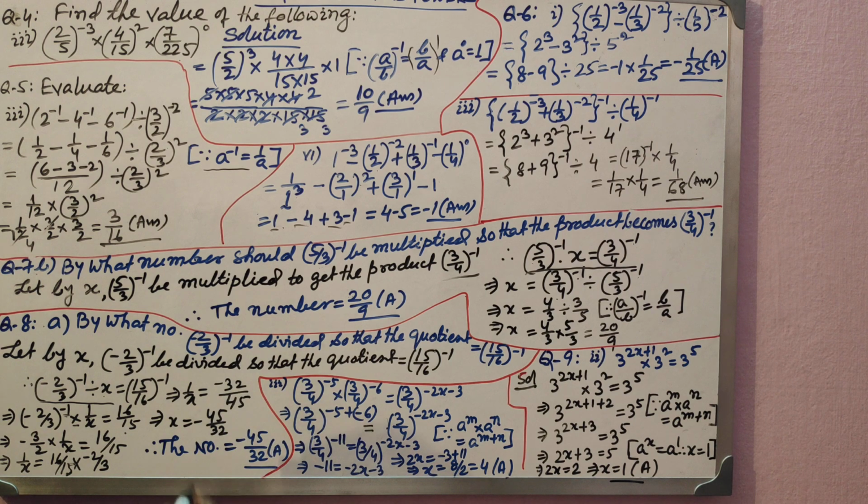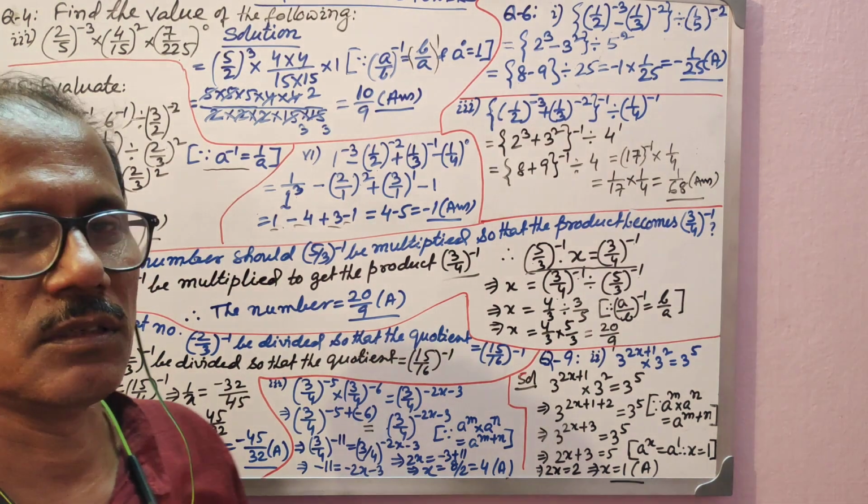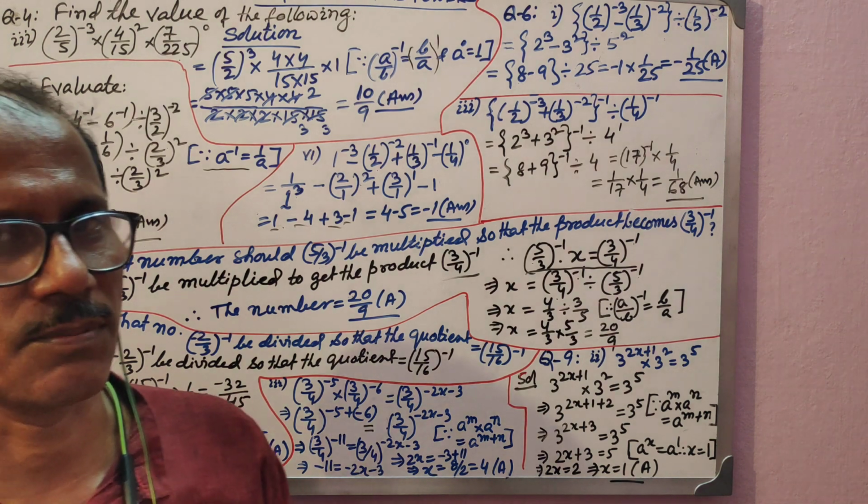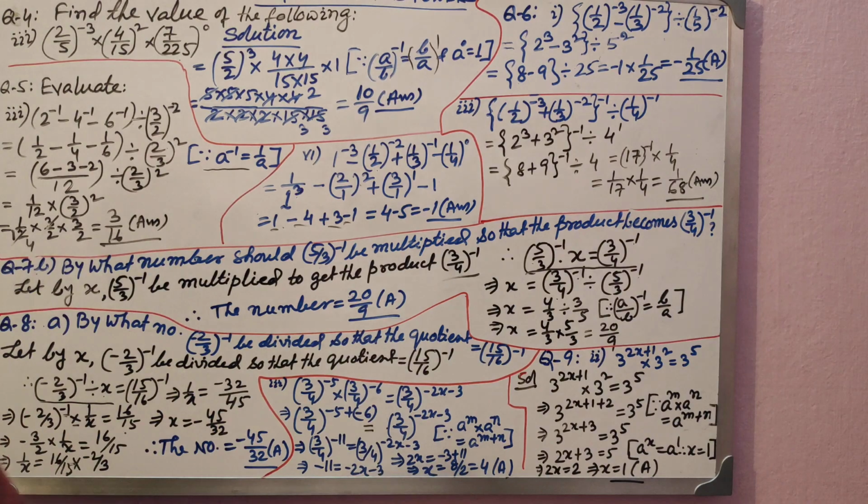I hope you have understood it. Now what will x be? Again this will be reciprocal. To find x, you have made 1 by x a reciprocal, meaning x, and on the other side also you have to make it reciprocal, so that it becomes 45 by 32. So x is equal to minus 45 by 32. So if you divide minus 2 by 3 to the power minus 1 by minus 45 by 32, you will get the quotient as 15 by 16 to the power minus 1. I hope things are very easy. I may be a little faster in explaining, just go through it slowly and you will understand.